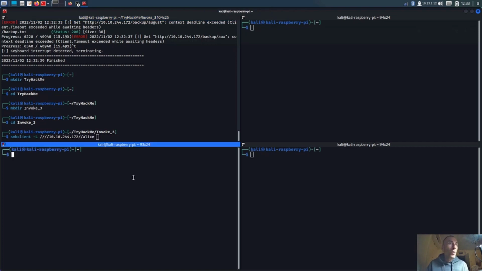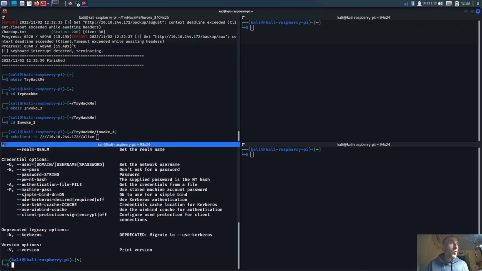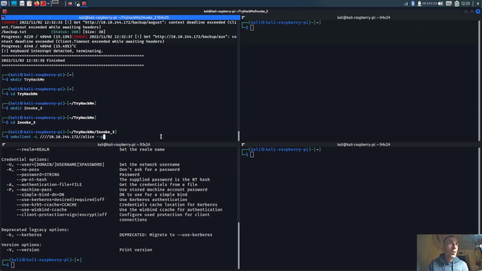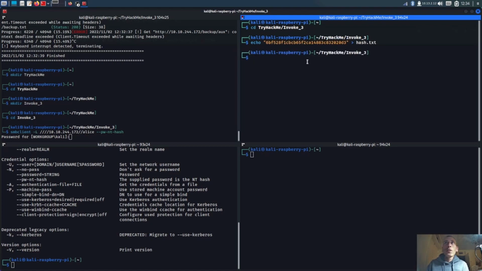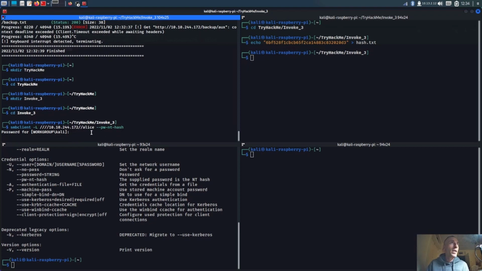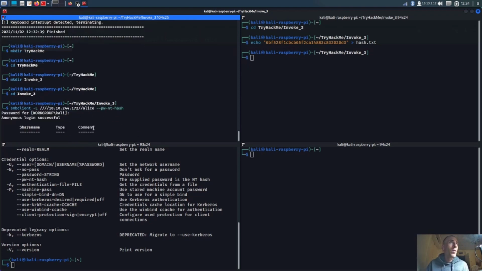And then what we can do with smbclient is use a password hash. At least we should be able to. Yep, --pw-nt-hash. So we can actually tell it pw-nt-hash. And let's go ahead and echo this NT hash into hash.txt, so we always have it. And now for the password, we can just copy that hash into there, and we should